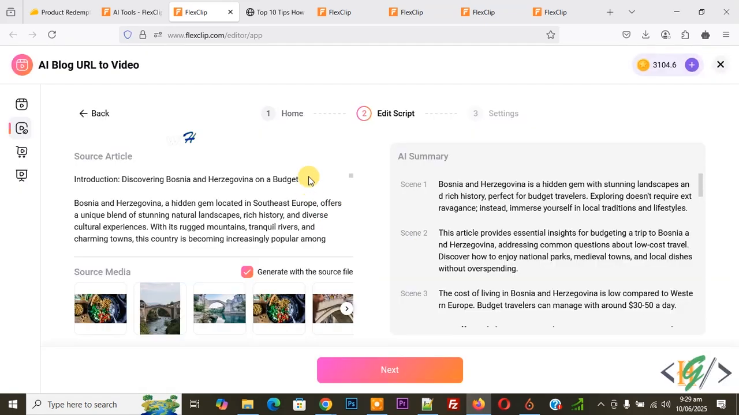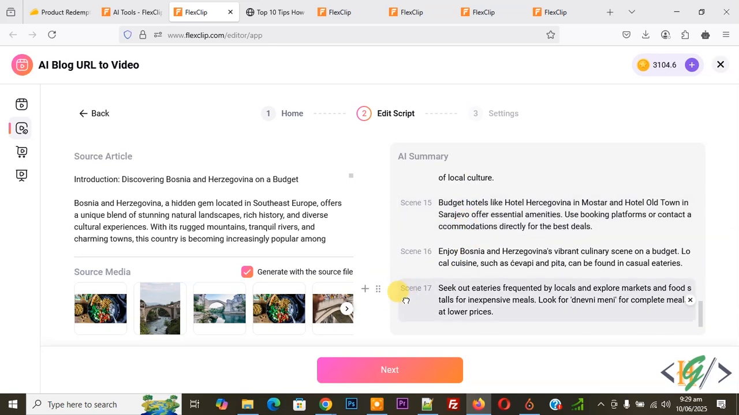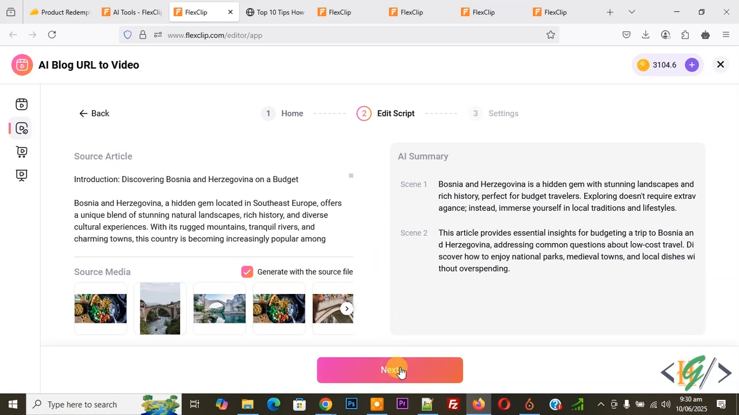So we are in edit script, and then you see source article, all information, summary. Now you see scene 1, scene 2. If you want, you can remove or edit, and then you see source media. Now you see we have scene 17, 16, 15, all article, AI summary, and then click on next, and then